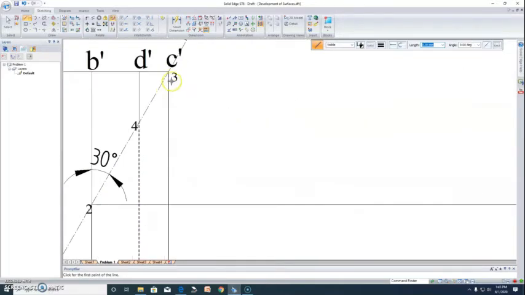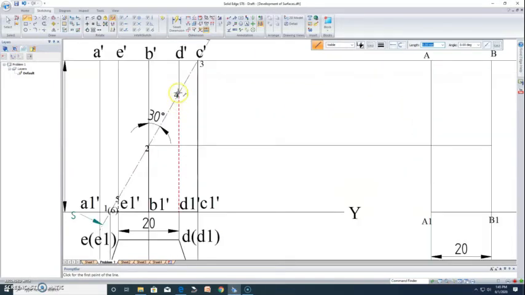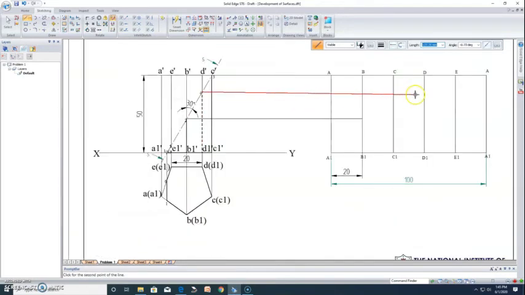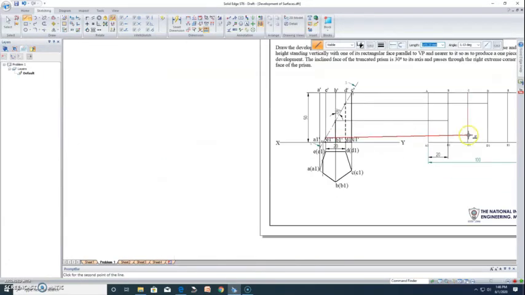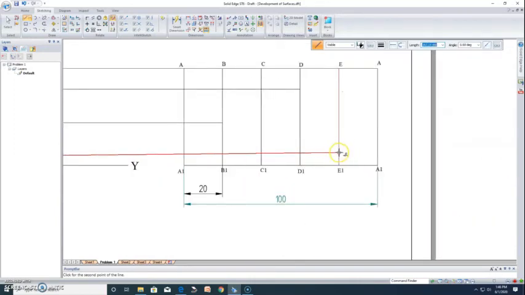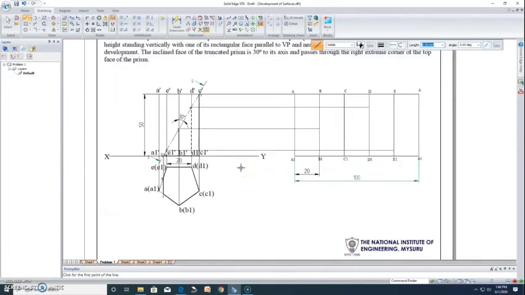Similarly, from 3 to CC1. From 4 you draw a horizontal projector till DD1. Then from 5 a horizontal projector to EE1. And again, there is no horizontal projector from AA1 because it has not been cut by the section